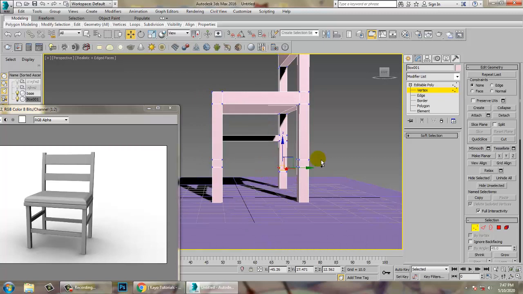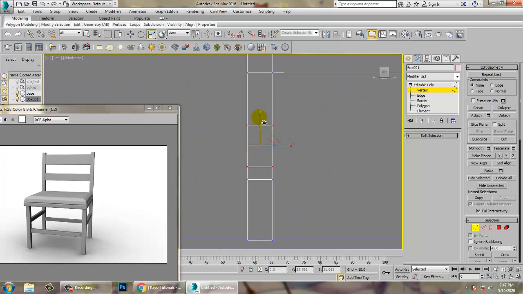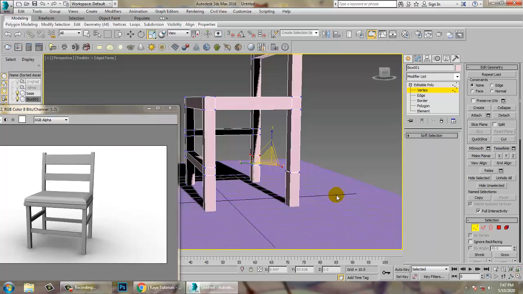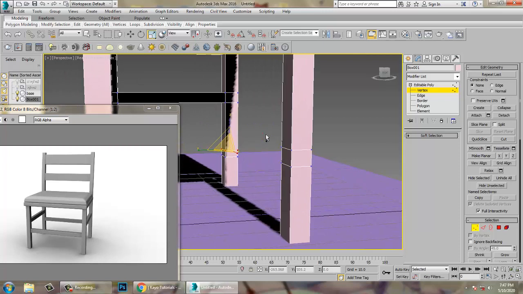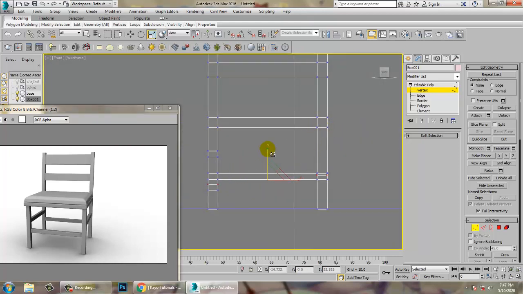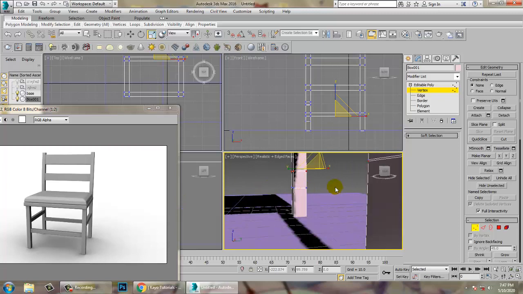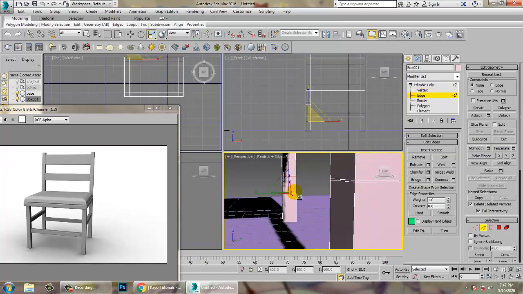Just select this and this, go into this view, press R and scale it. So make sure you're pushing it in a straight line. So we need to just push it in a straight line. So either you select this edge,